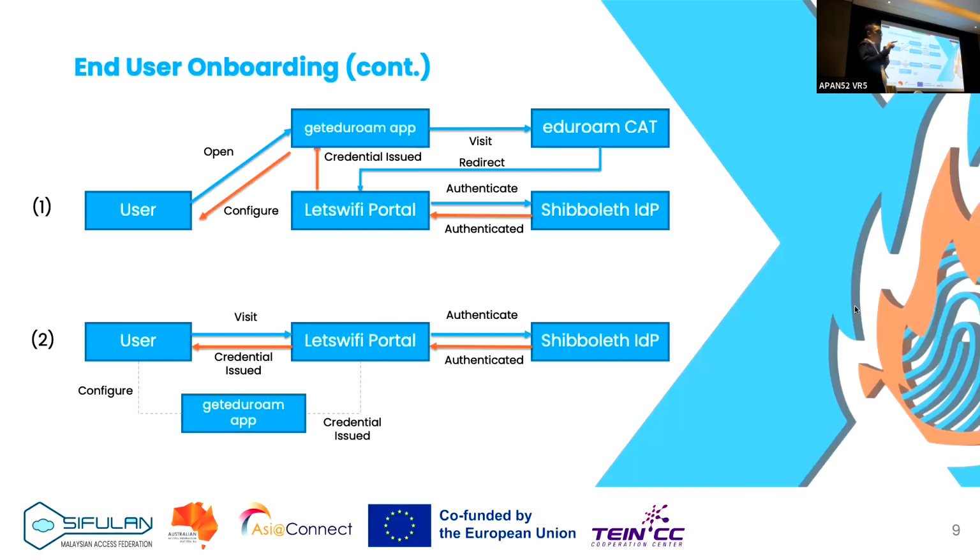Here is the config. You can only use the Eduroam apps, or the Eduroam app that's configured for the device. The other one is the certificate only, the files only. So you need to configure it on the device and use that certificate to access. I think from the user perspective, option 2 is easier. Actually, not from the user perspective, I mean,